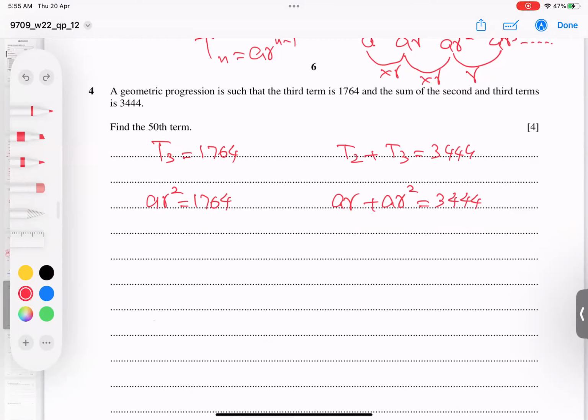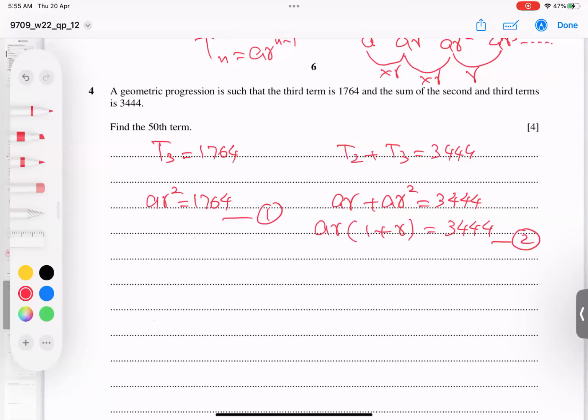how to get rid of, because two variables are there, a and r, I have to remove any one variable. How is it possible? So students, if I take ar common out from here, I get 1 plus r. And this is already given here, equation 1 and equation 2. If I can do one thing,